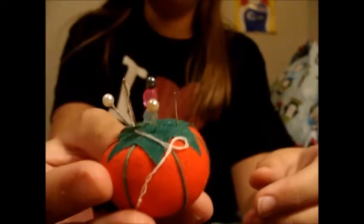Okay guys, now that you have your two strips, you're going to need some needles and thread. And now you're just going to start stitching on the strap to the dress from the center. Once your strap is in place, do the same thing with the other strap and just place it behind. Now that both of my straps are secure,